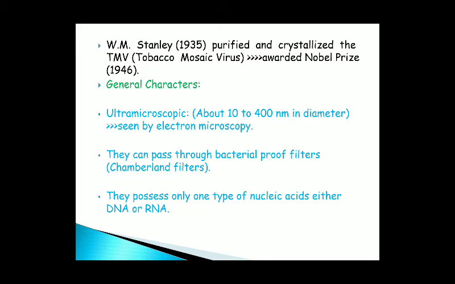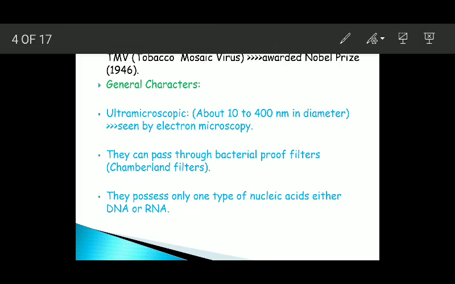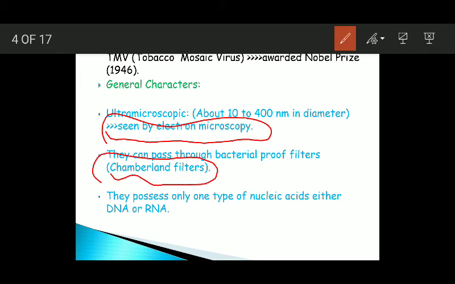Now some important, or you can say general, characters of viruses. Viruses are ultra microscopic, or submicroscopic. Their size ranges between 10 to 400 nanometer in diameter, and they can only be seen by electron microscopes. These agents can pass through bacteria proof filters. Because their size is smaller than bacteria, they can easily go through bacteria proof filters like